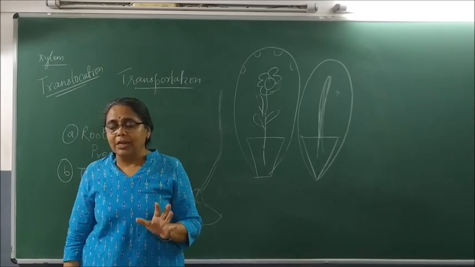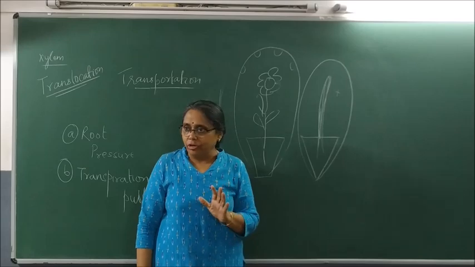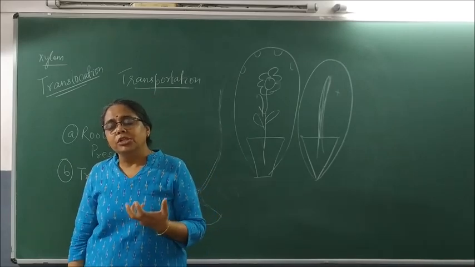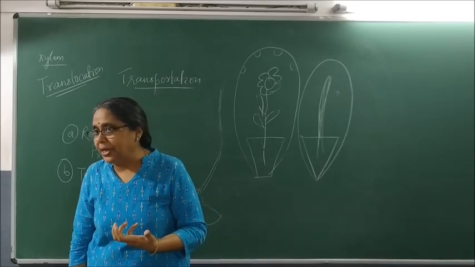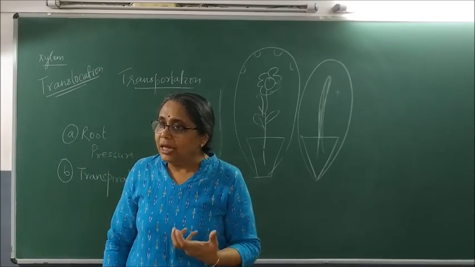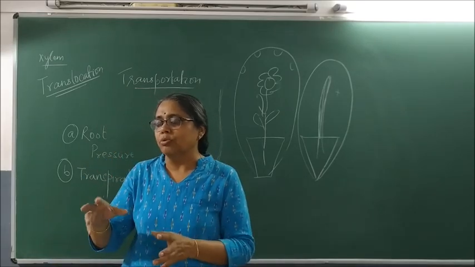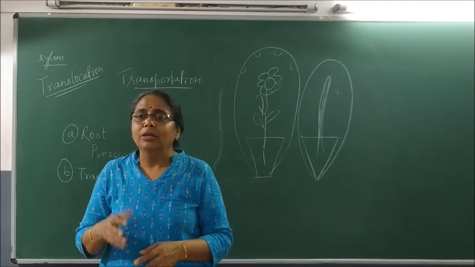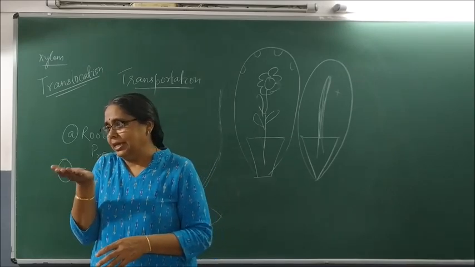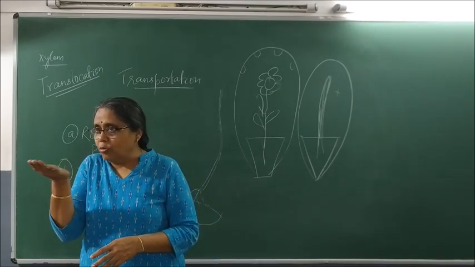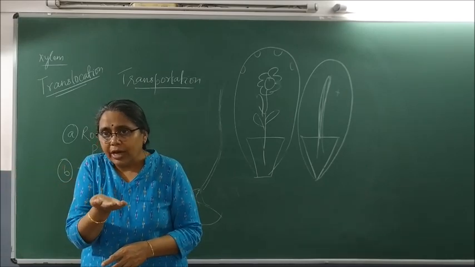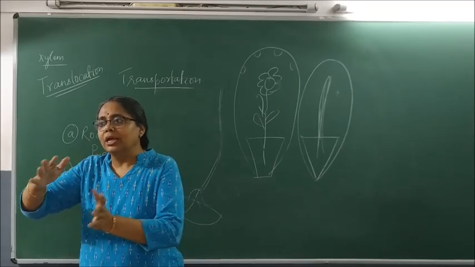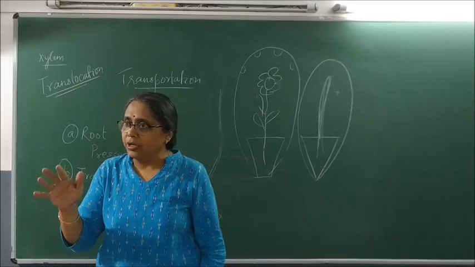Clear? Once again I am telling, phloem does not use transpiration pull or root pressure to transport dissolved food substances from the leaf. It uses energy in the form of ATP. This energy is used for transferring substances like sucrose or dissolved glucose into the phloem tissue. When it gets dissolved, the osmotic pressure in the tissue increases. So phloem keeps on moving these dissolved substances from a region of high osmotic pressure to a region of low osmotic pressure, and hence food gets distributed to different parts of the plant.